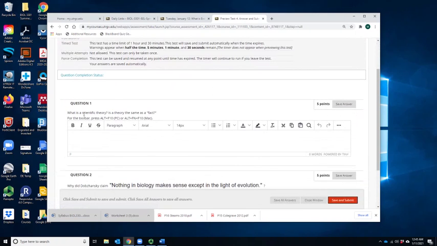So the answers to these questions are found in that reading assignment, and sometimes we'll discuss them in the upcoming lectures also. But you should be able to get this from the reading assignment. What is a scientific theory? Is a theory the same thing as a fact? So you would put an answer here, something like: